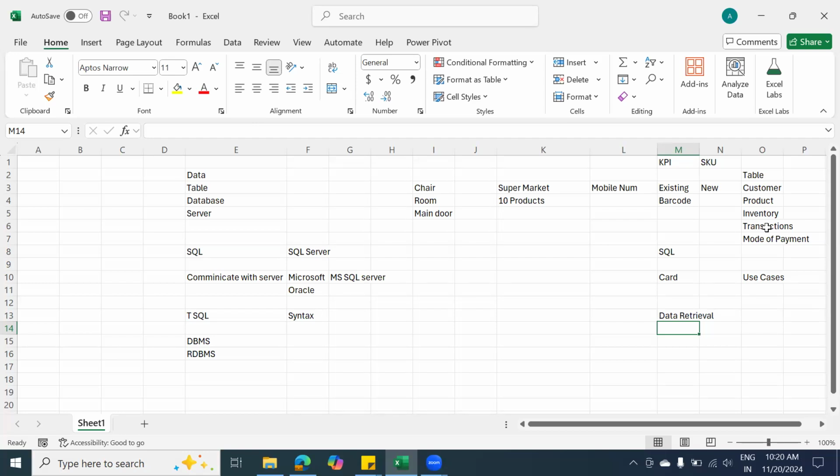Are we good? Okay, let's come here. So here, what do we mean by DBMS and what do we mean by RDBMS? DBMS means, now here we have different tables. If you want to store all these tables, you need to find one specific storage location and you store the entire information there. That's nothing but your DBMS.